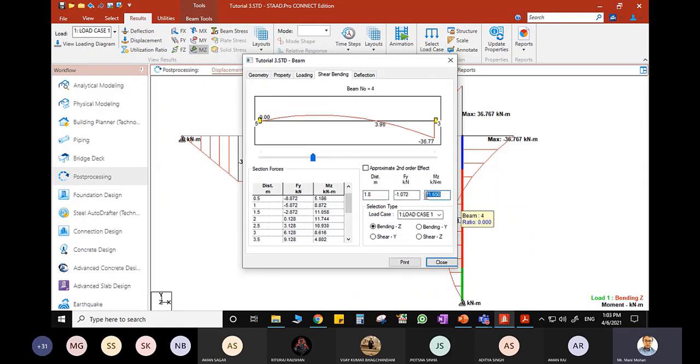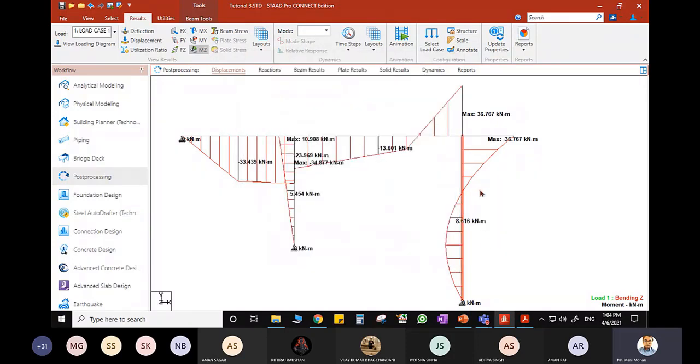And corresponding to this maximum bending moment, you can see the shear force. Okay. So say at distance 0.5 meter, you can see the shear force. Or what you see, you can drag this to know what is the bending moment and shear force. So this is how you can actually extract the analysis result for the given problem.